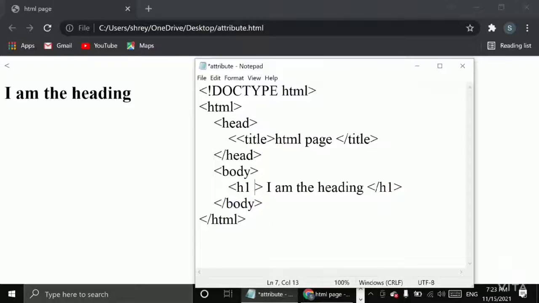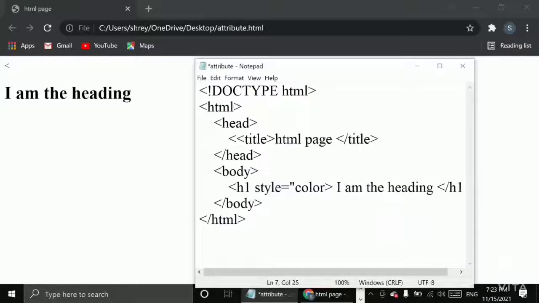Now we will write the attribute name, that is style equal to, and within the quotes we will write the value. So here we have written style is equal to color yellow. Style is called the attribute and color yellow is the value.